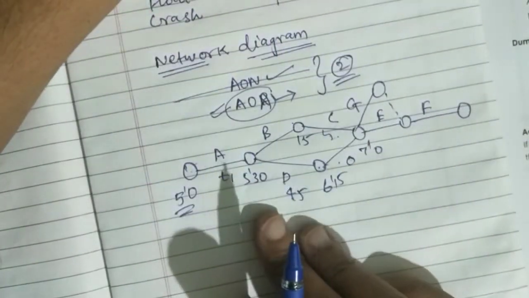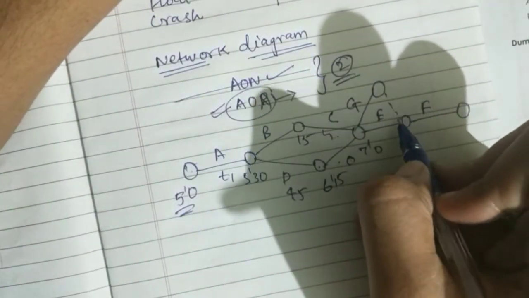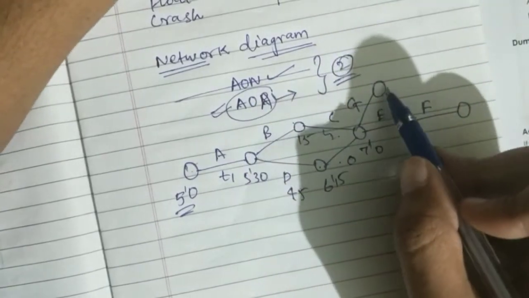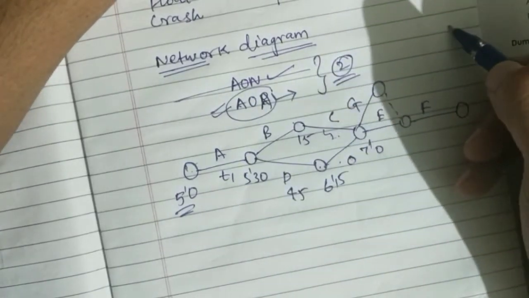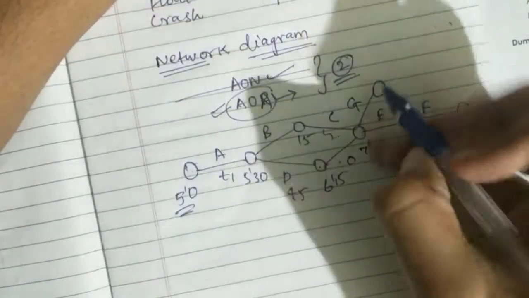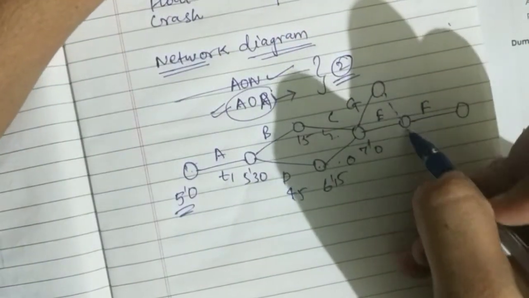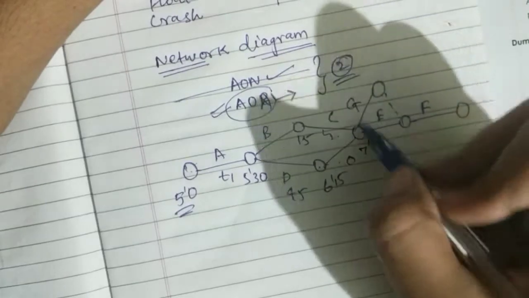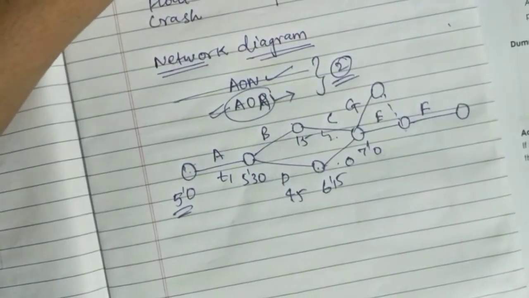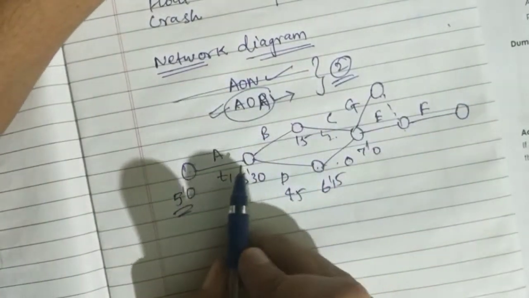I'm giving an example. And what is the dotted line? This dotted line is called a dummy activity. After that there is no further activity to continue here. So what we will be doing is, we will be adding the dotted lines, so that it will complete its precedence relationship. What is this precedence relationship? Precedence relationship means